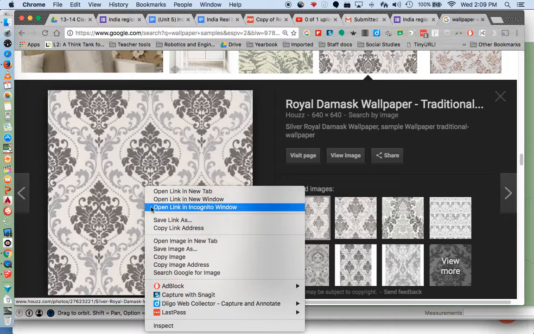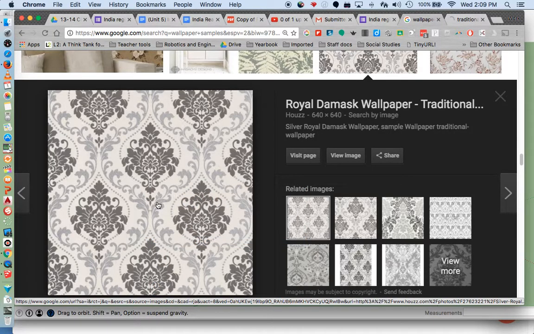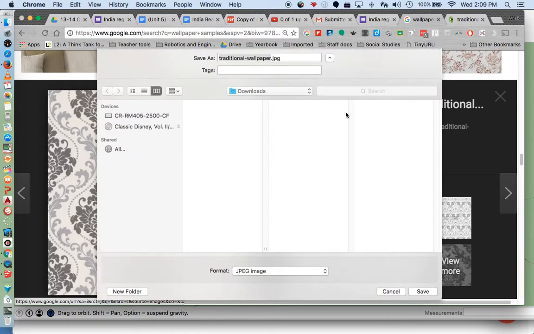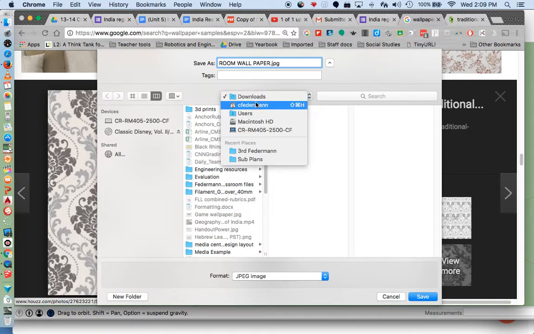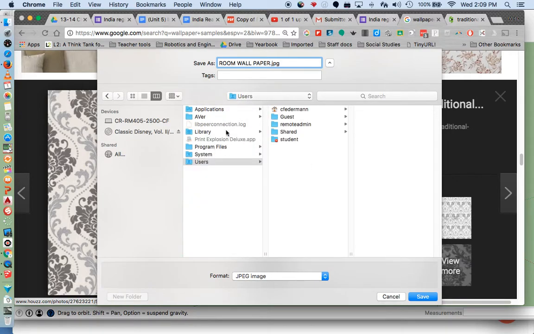So maybe this one, right click, and I want to save this image as. Sometimes up here it'll give you a random name. It did have wallpaper and traditional wallpaper, so that's not too bad. I'm just going to call it room wallpaper. Then choose a place you want. You probably should save yours to your documents folder. So you can go to your users, and then underneath your users it should have your documents. On mine it's probably in here,